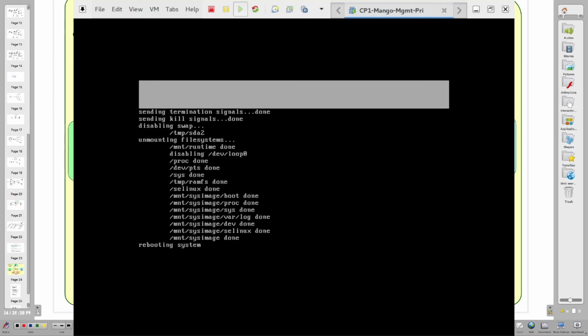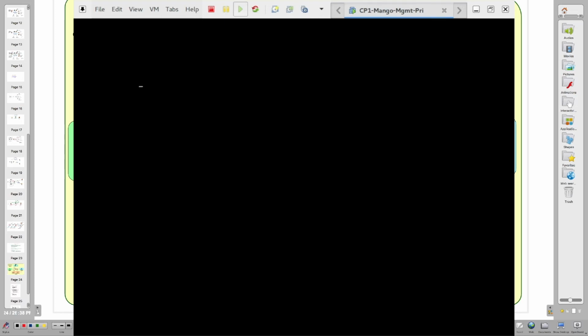Once the system reboots, let us log on locally to this system, give some show commands and verify certain configuration.